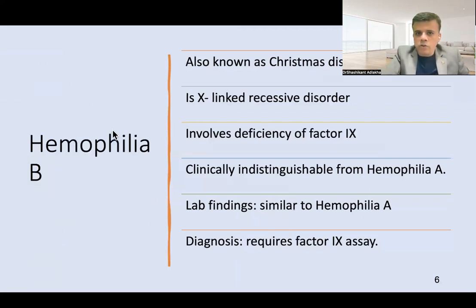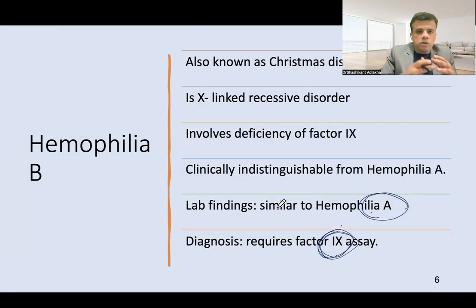Hemophilia B is due to factor 9 deficiency, and it is again an X-linked recessive disorder. Clinically, the features are the same as those of hemophilia A. Lab findings are the same as hemophilia A, with decreased factor 9 level, and there will be increased APTT. Factor 9 will be deficient, to differentiate it from hemophilia A. So this is how hemophilia B is diagnosed, and the treatment modality is the same. In severe cases, you will give factor 9 concentrate, and